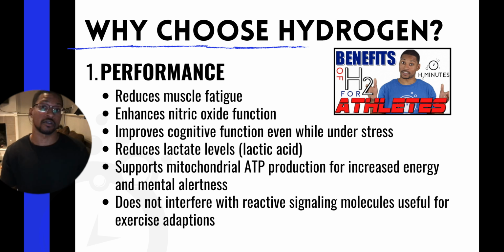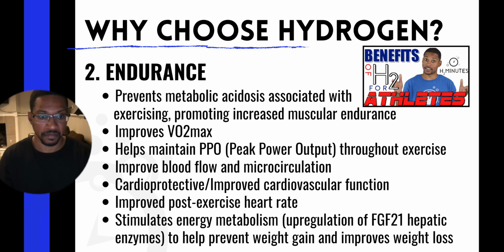If you take a high dose of vitamin C before a bout of exercise, it can negate the benefits of the exercise. And this is likely because it's reducing too many free radicals, these free radicals that are needed. But hydrogen is not like that. Hydrogen doesn't neutralize these guys. And so it's selective. It only deals with the very, very bad damaging ones, and the other ones that are needed for exercise adaptation, it allows them to perform their actions.